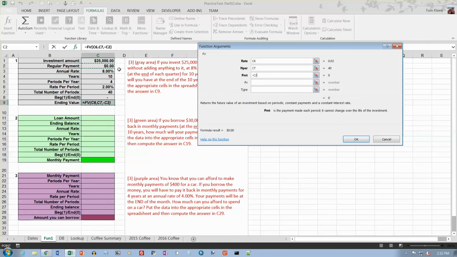But if we put a different number in there, we'd want to make sure we had the minus sign in the formula. And the present value is the amount that we already have put in the bank, and that's the sum of a bunch of payments, which are negative. So that's going to be a negative number as well. So minus C1, and then the type is going to be this number down here in C8, and click on